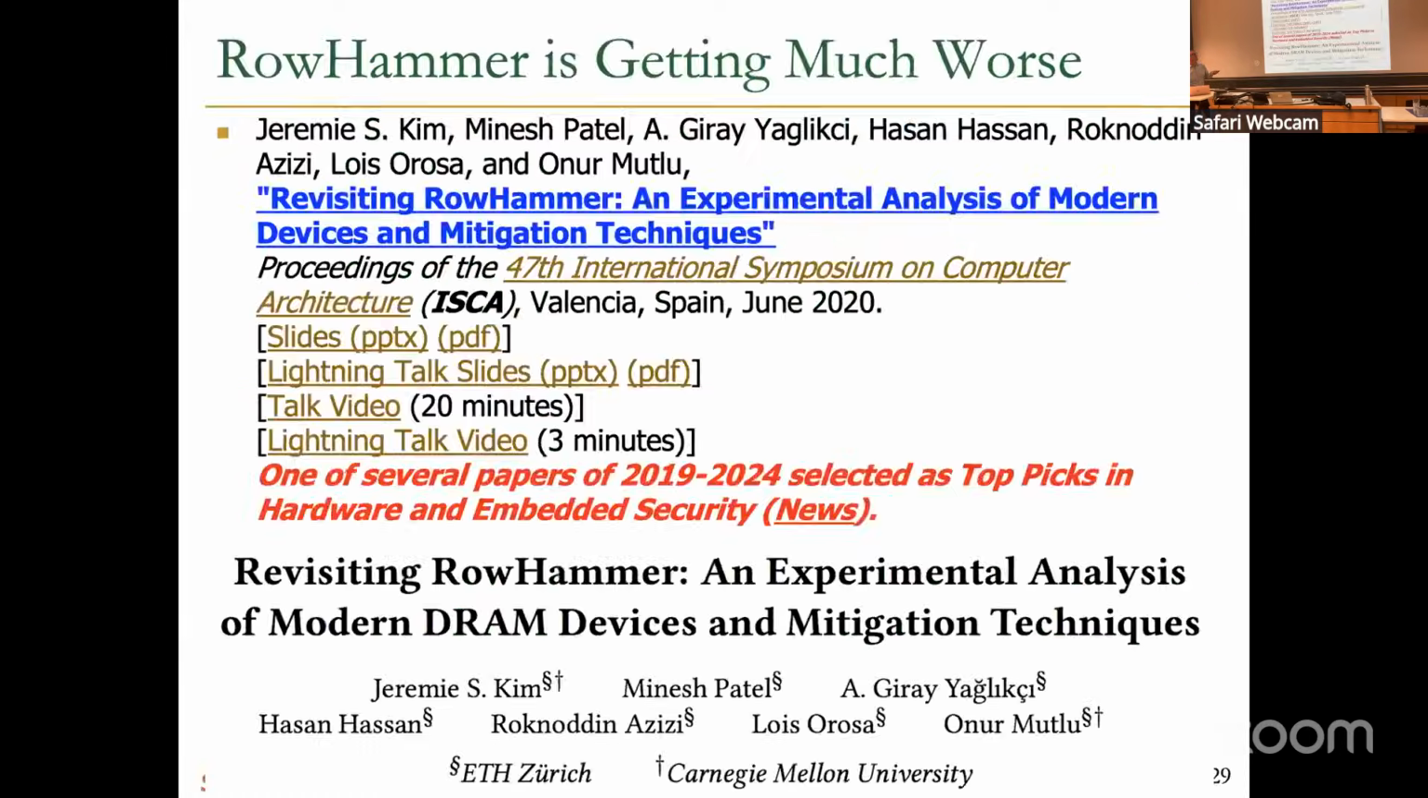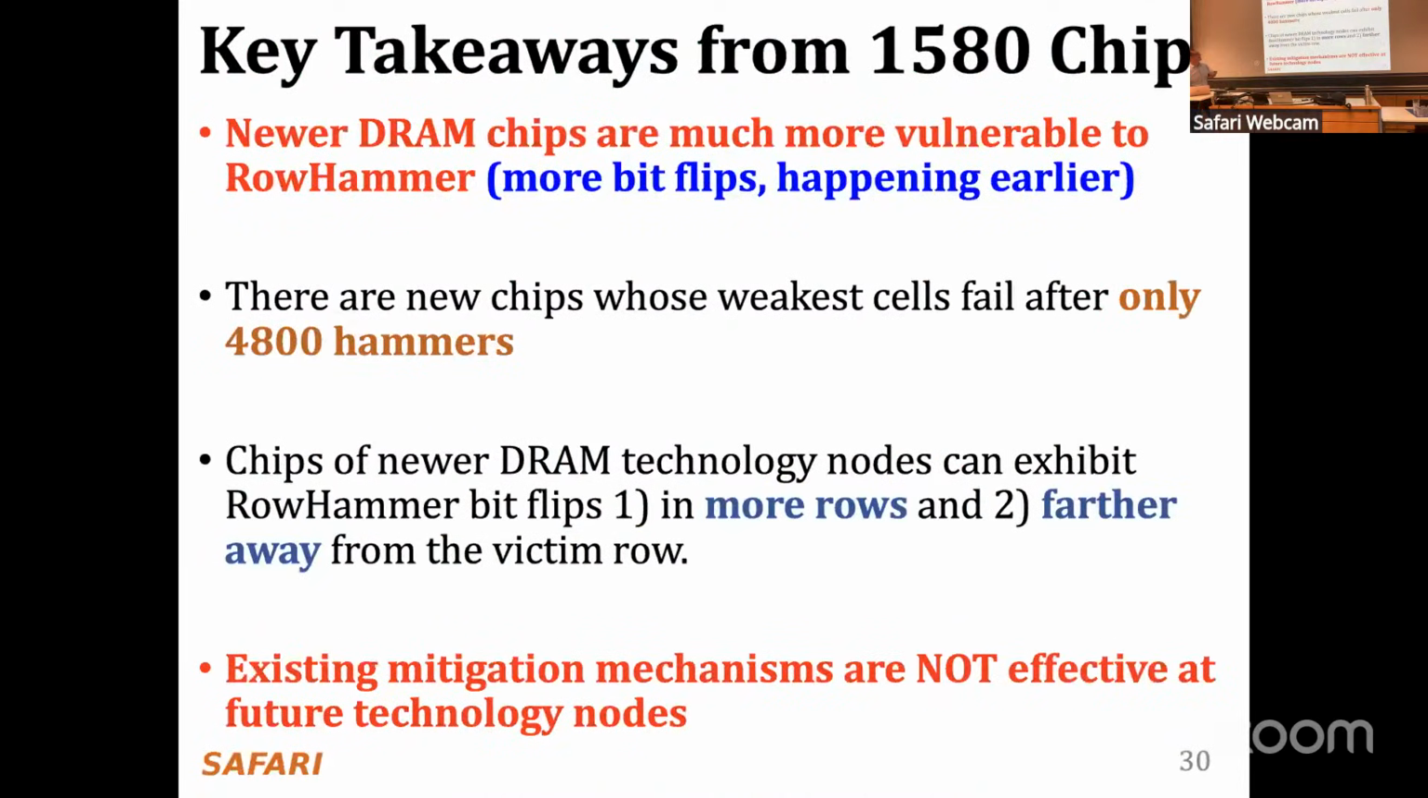We talked about the Revisiting RowHammer paper more recently, actually. I don't know if it was last week, but we learned that this was selected as a Top Pick in hardware and embedded security, which selects basically a handful of papers from these publication years, 2019, 2024, that have been influential in industry. And we've discussed that this paper analyzed the